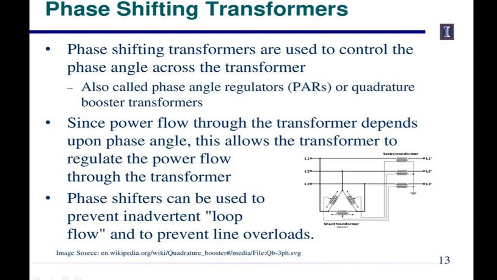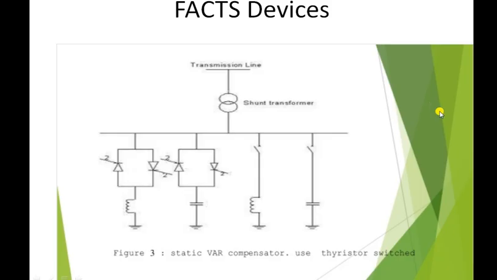So this is all about the second method of voltage control, using different types of transformers. Now let us see the third method of controlling the voltage, which is using FACTS devices. Using FACTS devices also we can have control over the voltage in a power system. FACTS stands for flexible AC transmission systems, or compensators. In the FACTS devices we are mainly going to consider static VAR compensators and STATCOMs.